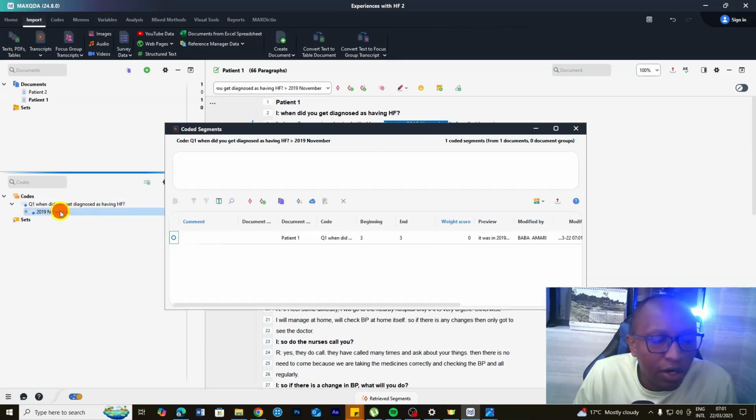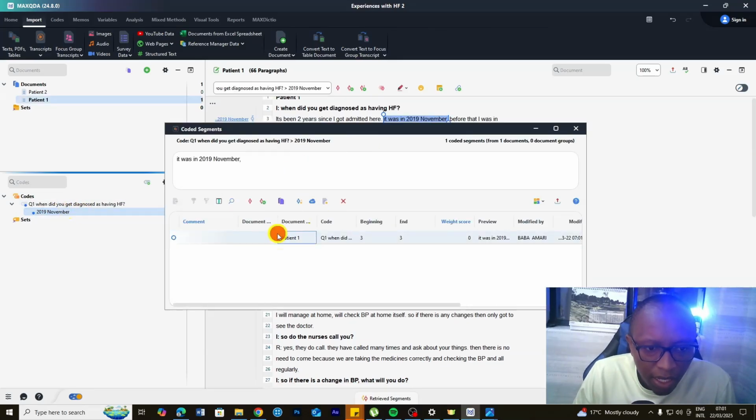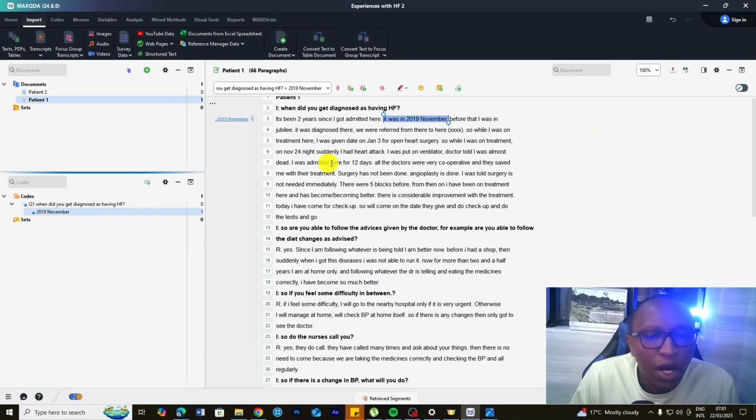So if I double click on this code, let's see what we have. Let's click on that patient or this transcript. You can see this is the code that is in that code. They were diagnosed in November 2019. Then they keep on talking. If you read this sentence from here,